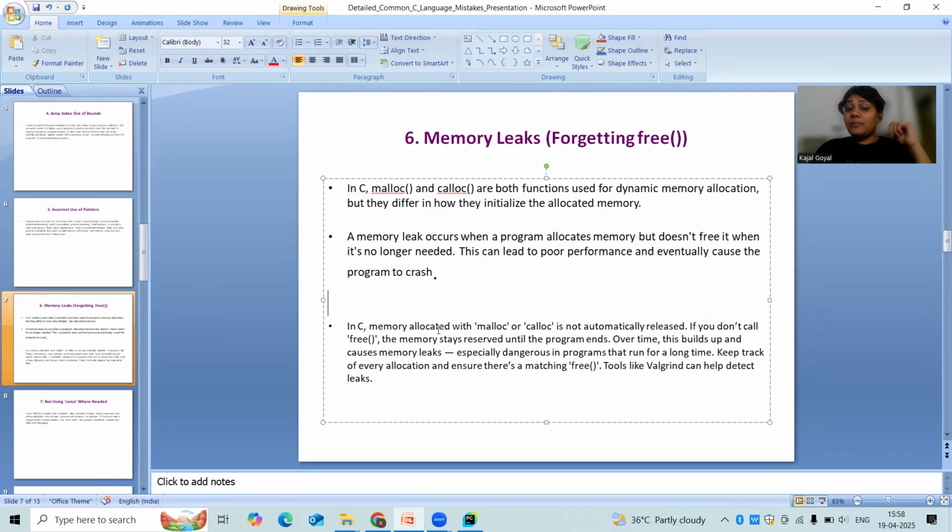So in C, memory allocated with the malloc or calloc function is not automatically released. You need to manually free the memory. If you don't call free, the memory stays reserved until the program ends, right? So make sure that you close the resource, or it won't happen automatically. For that, you need to use the free function